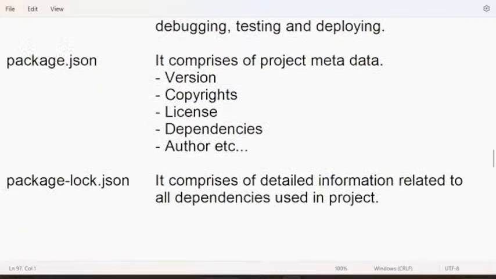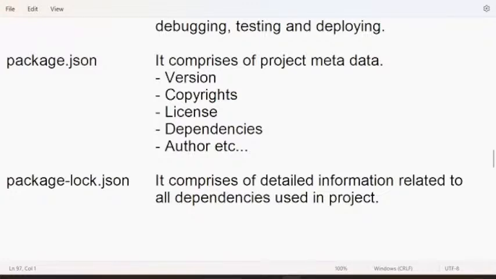Remember, here still the project is not there. Later when you add a project, this will update automatically. Currently there is no project, but later when you add a project and you add some libraries into the project, all that information will be here. So what libraries are used, what dependencies are used, detailed information about every package is present here.